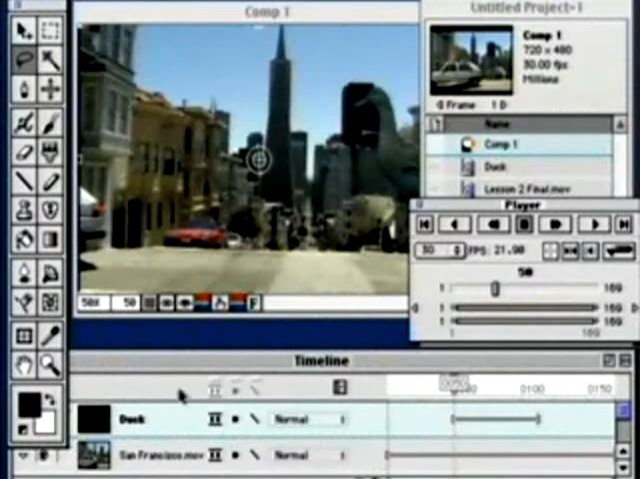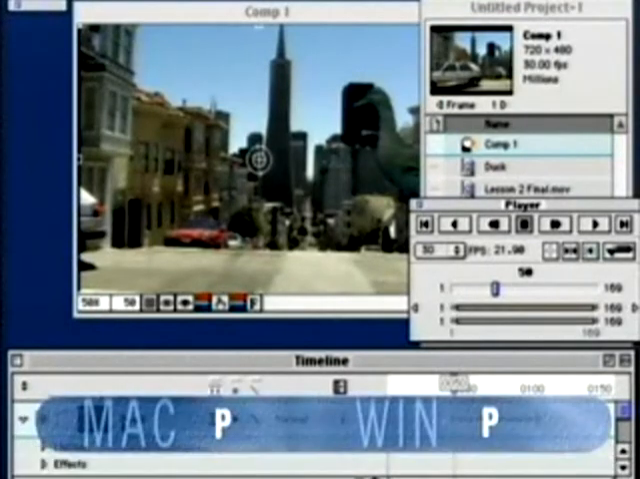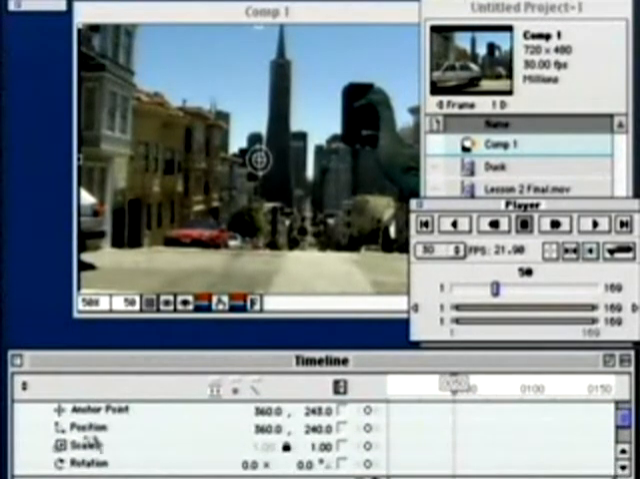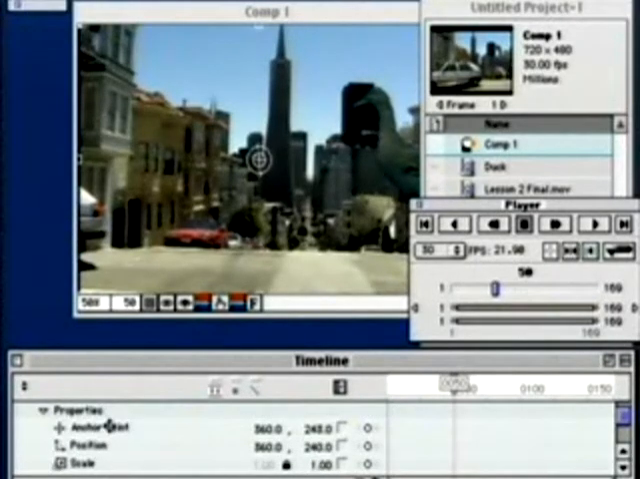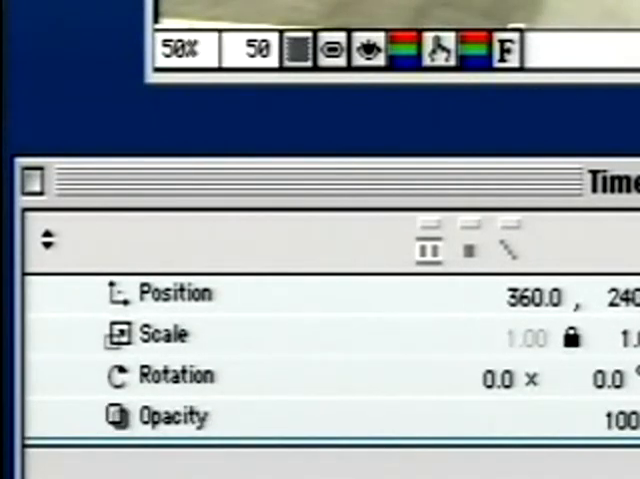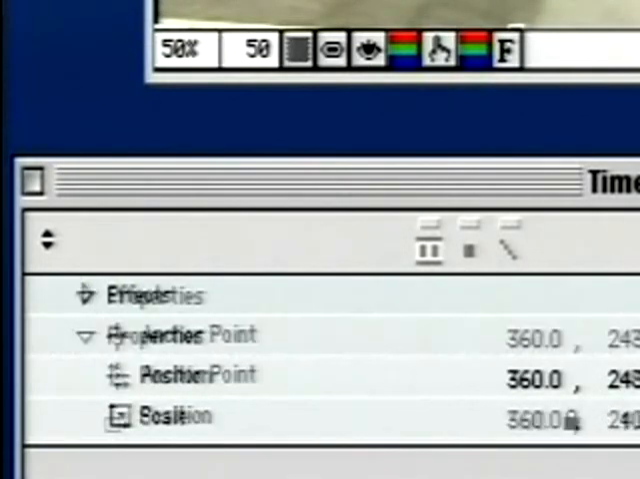So next we want to make sure that our duck movie is highlighted in blue as it is here. And we want to hit P to reveal its properties. And down here you'll find a few attributes of our clip. We have its anchor point, its position, scale, rotation, and opacity. These are all attributes that we can keyframe, or change the values of over time. So I want to go down here to Scale,